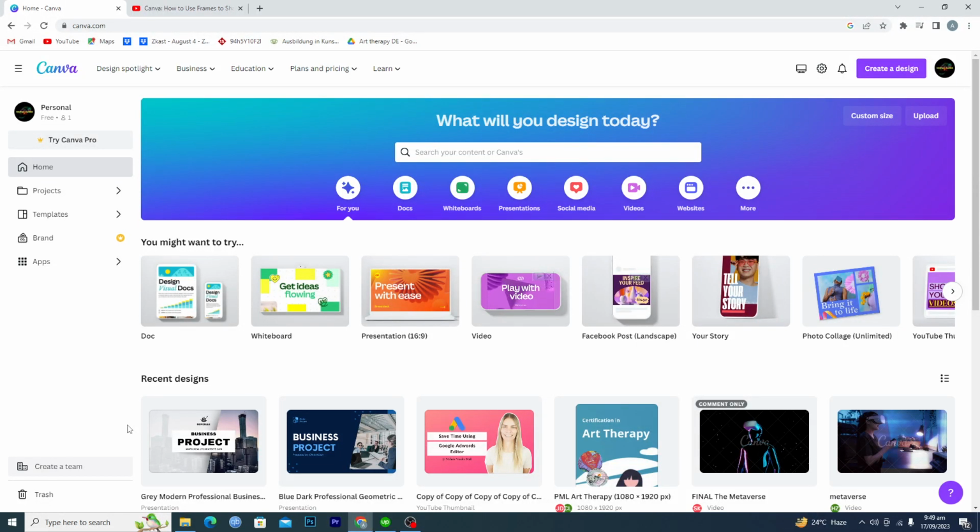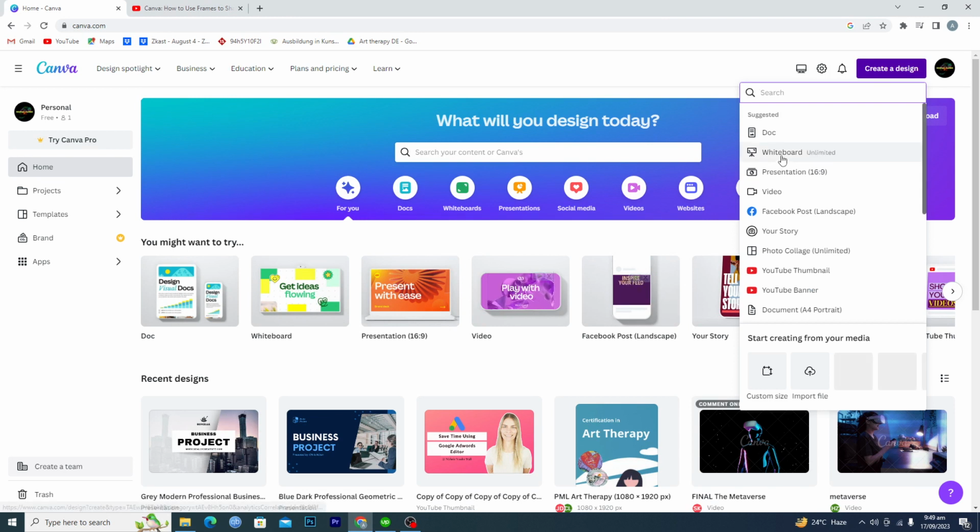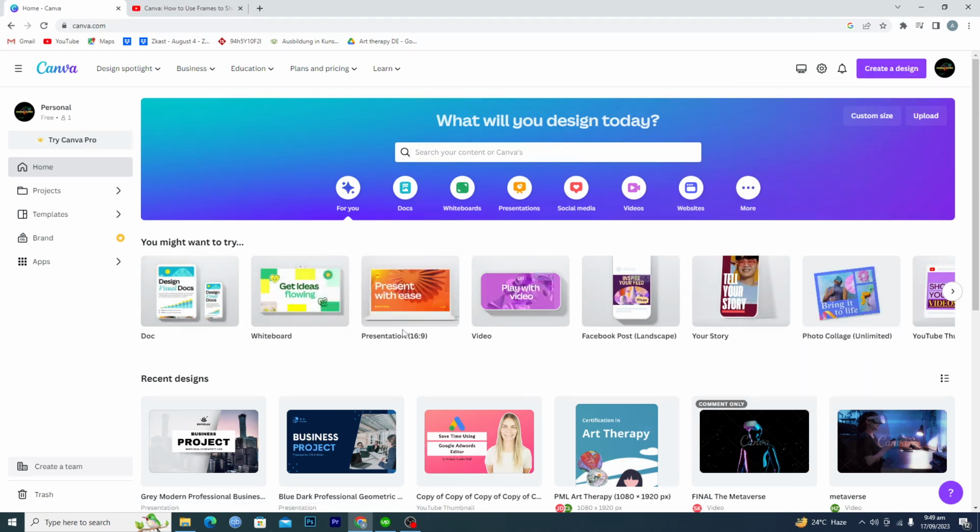So in this video I will tell you how to add a photo to a frame in Canva. First of all, you will open up canva.com, and then from here you will make a new design. I will just click on Create a design, and then I will select any design here. I can just tap on dog here, or I can choose Facebook post landscape and create a blank